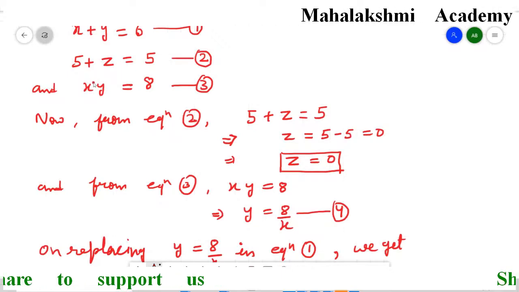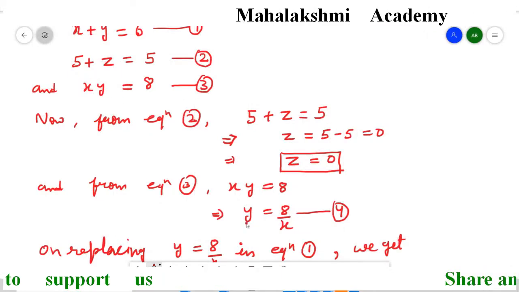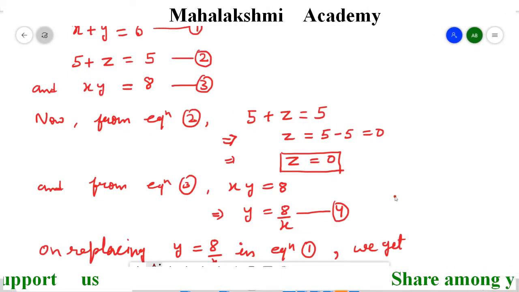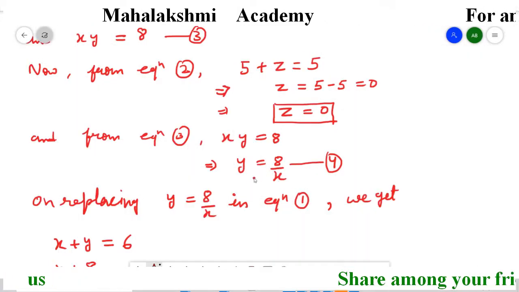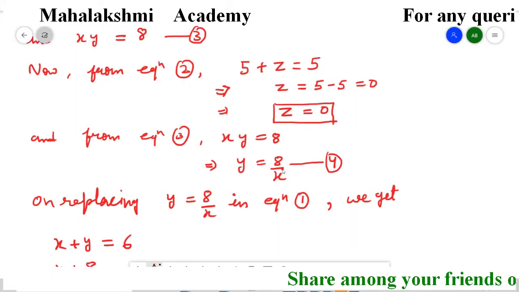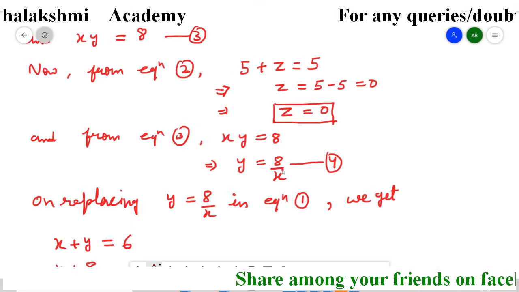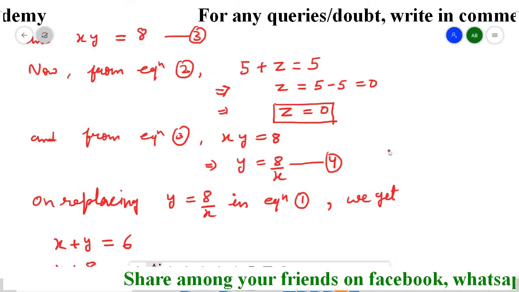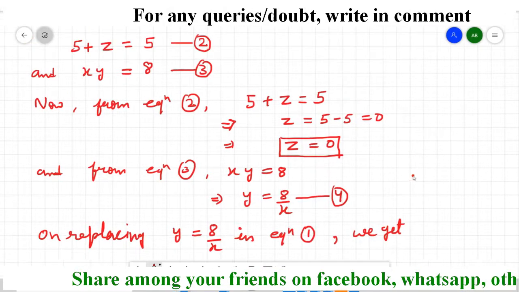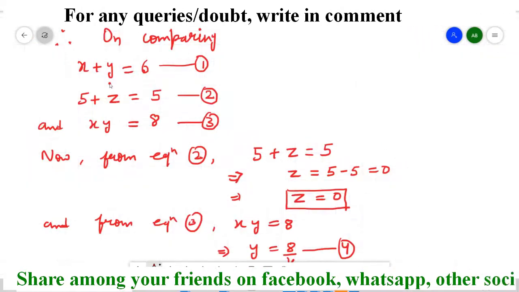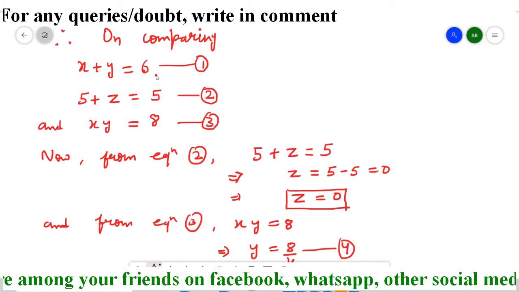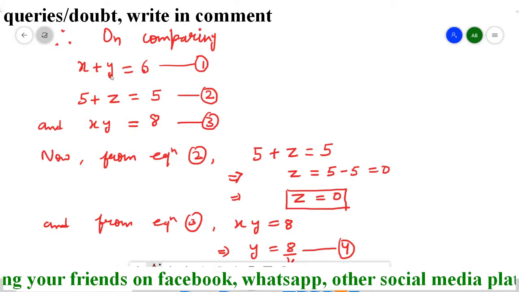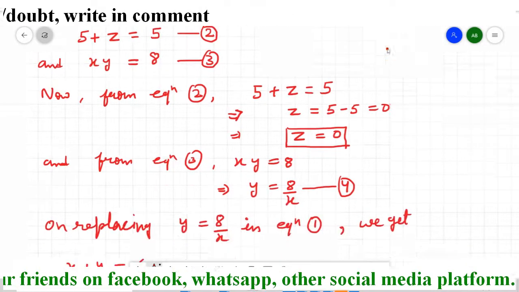In the third equation we have x multiplied by y equal to 8. From here just find the value of any variable, either x or y. Here I calculated the value of y. That gave me the value of y as 8 upon x. Now this 8 upon x, just replace in equation 1. So what is equation 1? Equation 1 is x plus y is equal to 6. So in this, replace the value of y. So you will get